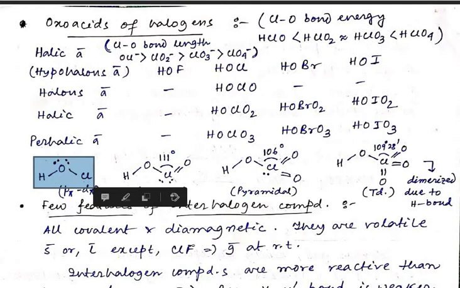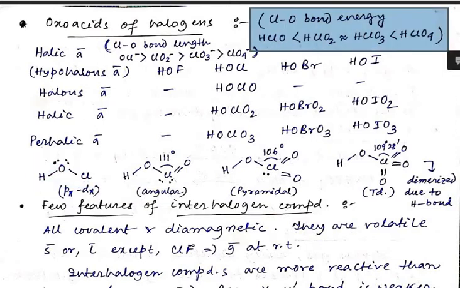So if a compound consists of a triple bond or double bond, obviously that bond energy should be higher than the single bond. So when we are talking about the increasing or decreasing order of the Cl-O bond energy, we can observe that the Cl-O bond energy is maximum for HClO4, due to the presence of 3 double bonds between chlorine and oxygen, and it is